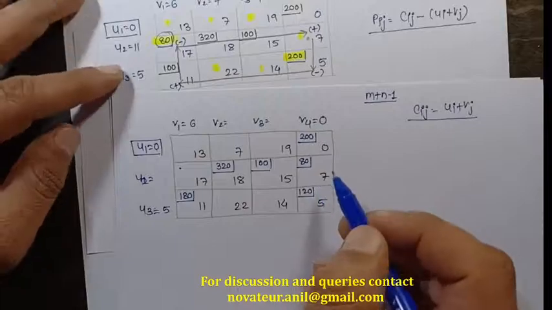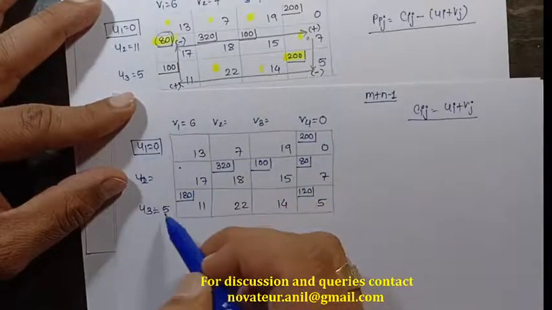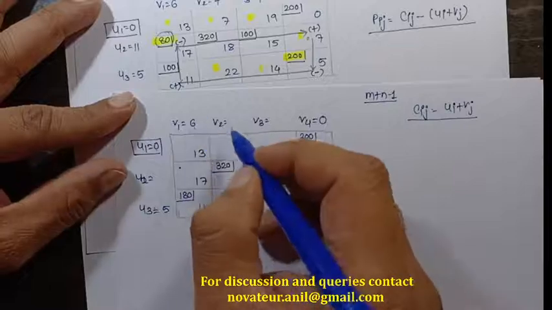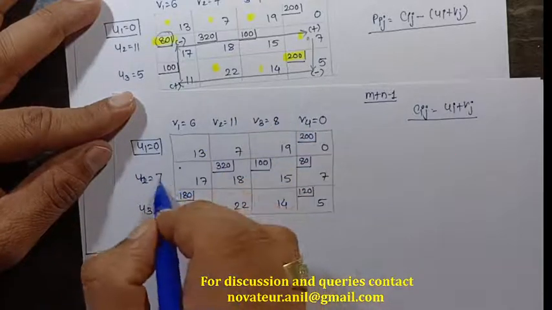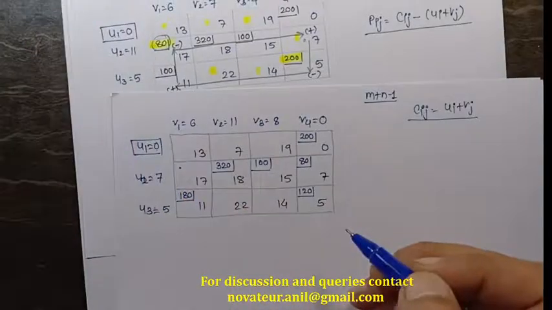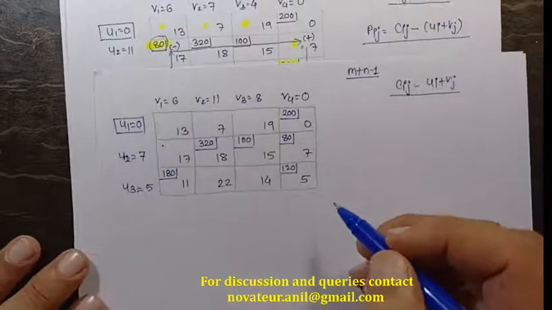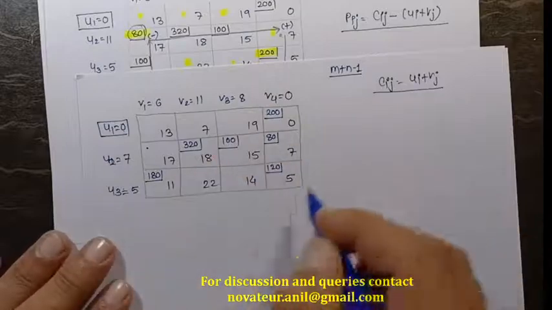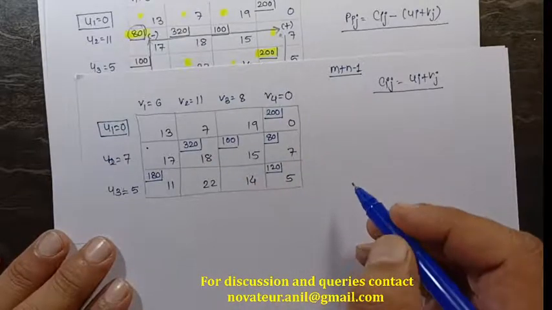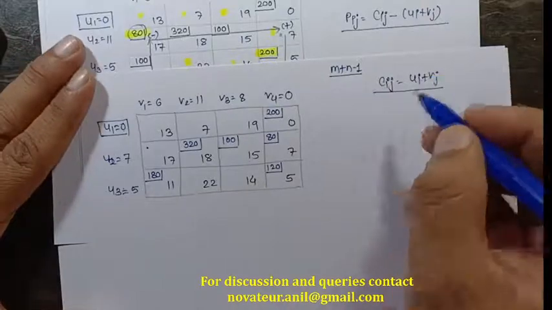Okay, fine. So here I got this will be 11, this will be 8, and this will be 7. The steps to solve and identify these values are already discussed in the previous lectures, so I'll just highlight what the important step in maximization problems. So this is what the matrices I got after putting the values with the formula of Cij equals ui plus vj.